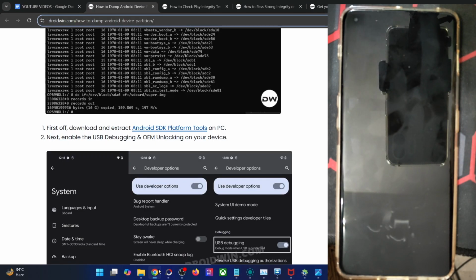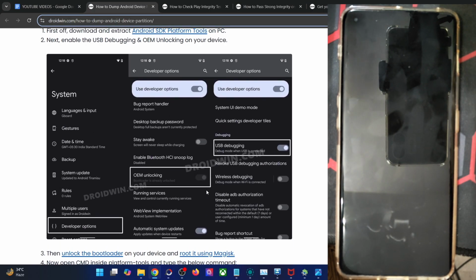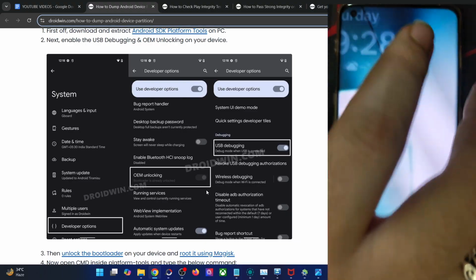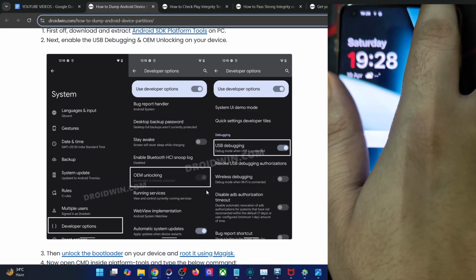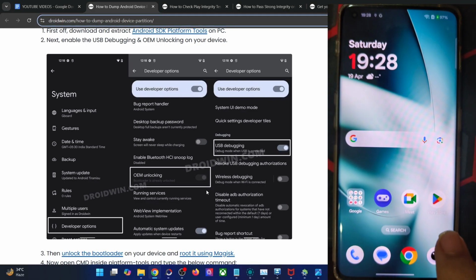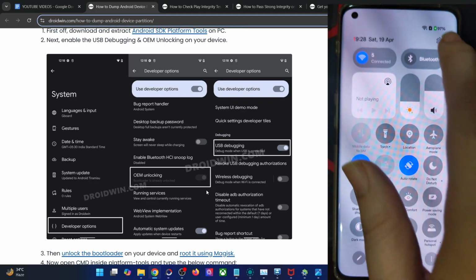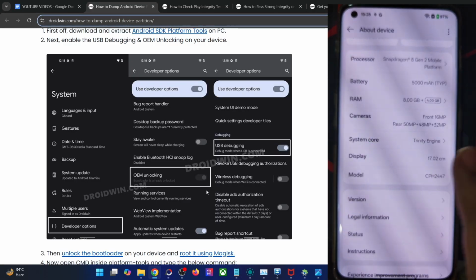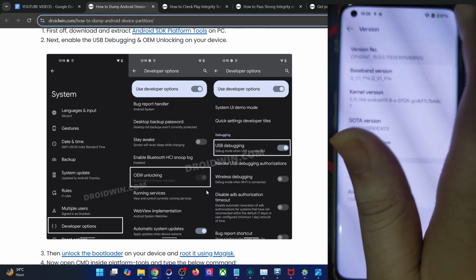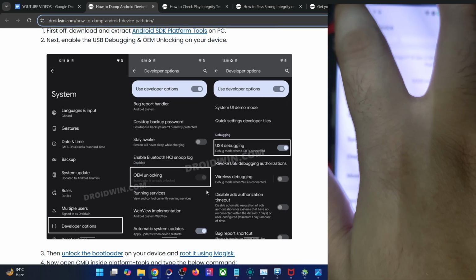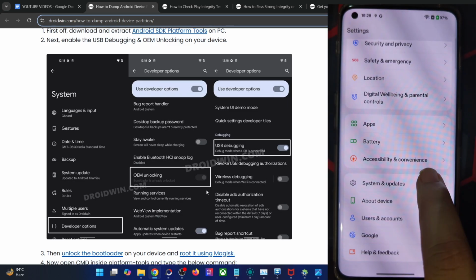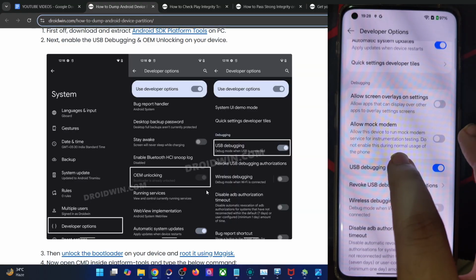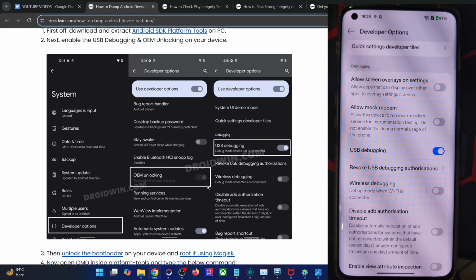And once that is done, and once you have obtained root on your phone as well, also make sure to enable USB debugging on your phone, which you already have done to obtain root. But still, if you haven't done so, then go to the settings menu on your phone. From the settings menu, you have to go to About phone, then tap on build number or version number 7 times. This will enable developer options. Then go back, again go back. Now go to System, Developer options, and enable the toggle next to USB debugging. Once that is done, let's now proceed ahead with the next step.